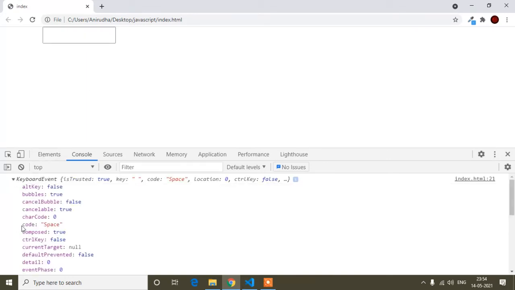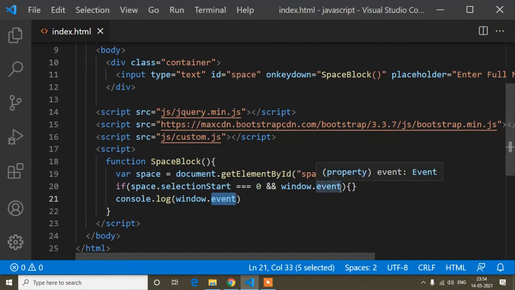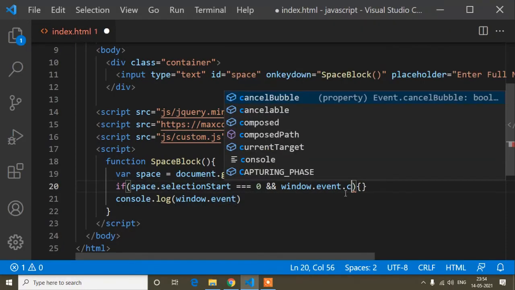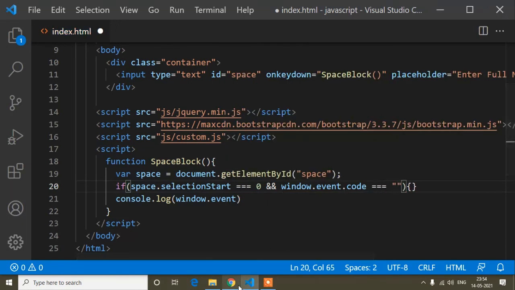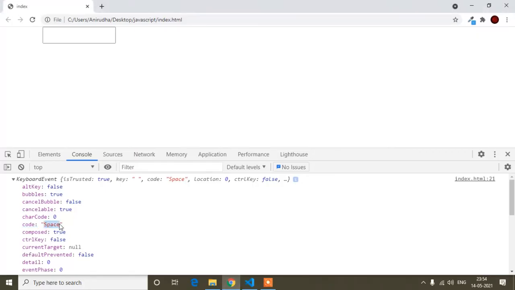Here code is space, so now I can write it this way: window.event.code triple equals, and the code is space.